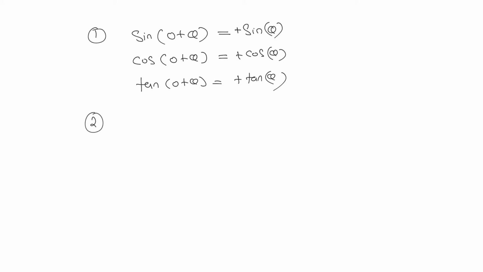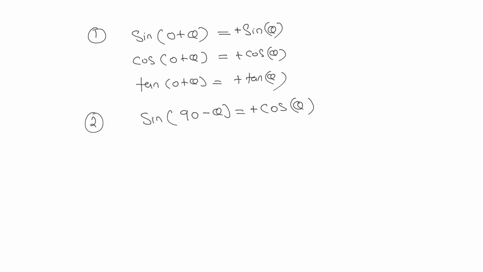Now if I am writing sine of 90 minus theta, so if you are writing 90 plus or minus, then sine will convert into cos. That means this will be equal to nothing but cos theta. Now we have to identify whether it is a positive value or not, so we should observe the quadrant over here. We are finding out the value of sine 90 minus theta, and 90 minus theta is in the first quadrant, so all the values of theta are positive. That means we can write a plus cos theta.